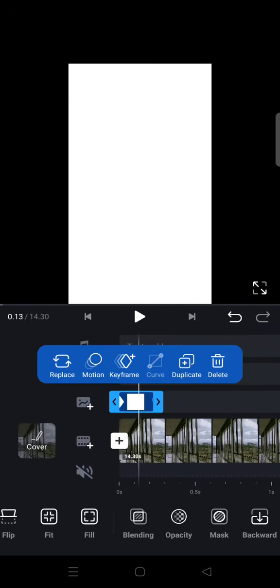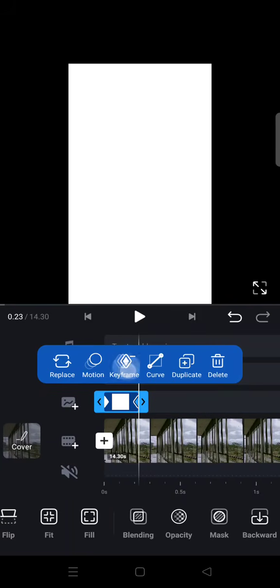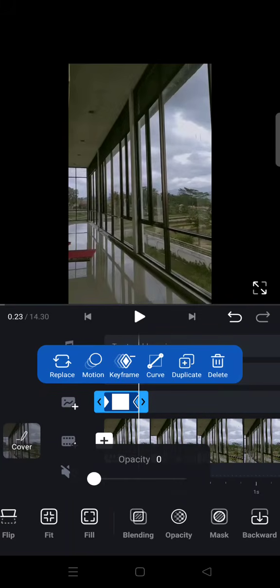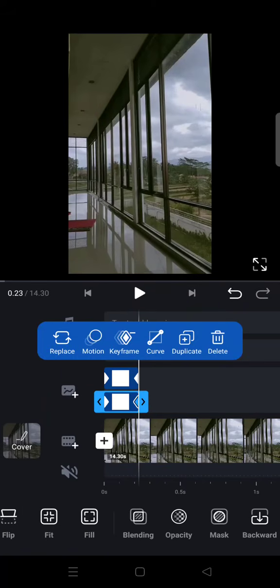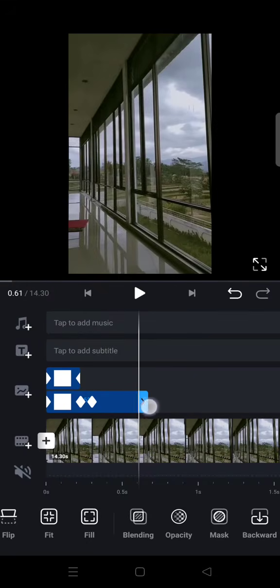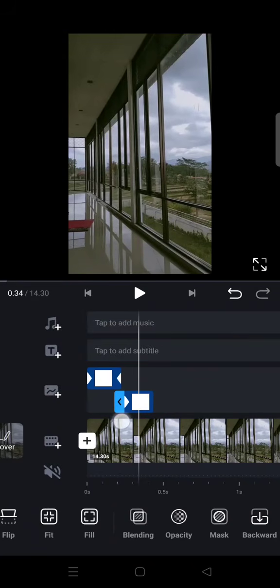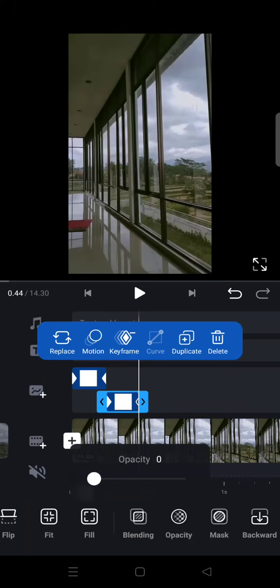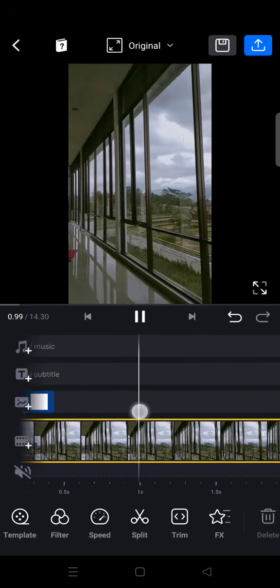Okay, I'm going to shorten it again, so like that, and then here duplicate it and move it to the next like this. Add another keyframe, adjust the opacity, and it will go like this. So the result will go like that,